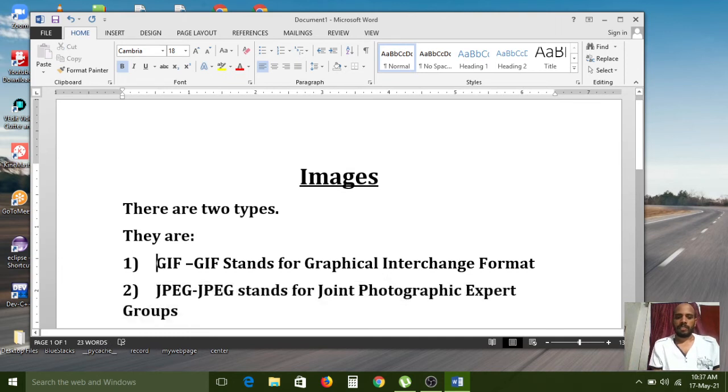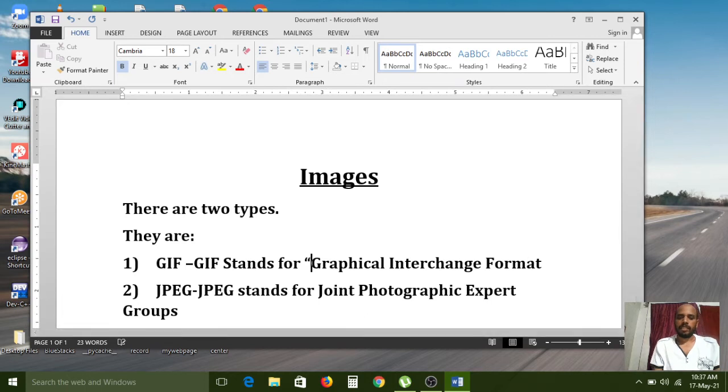So this is the abbreviation: GIF stands for Graphical Interchange Format, and JPEG stands for Joint Photographic Experts Group.